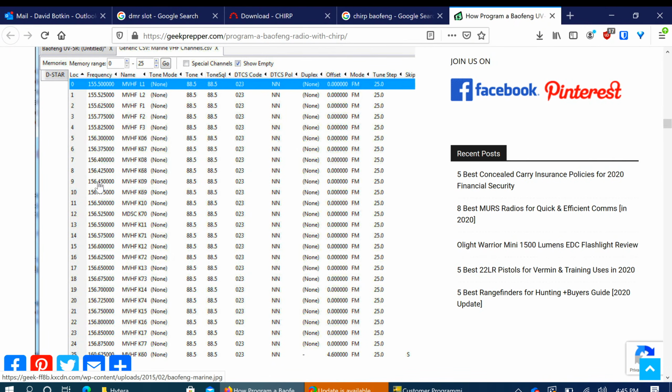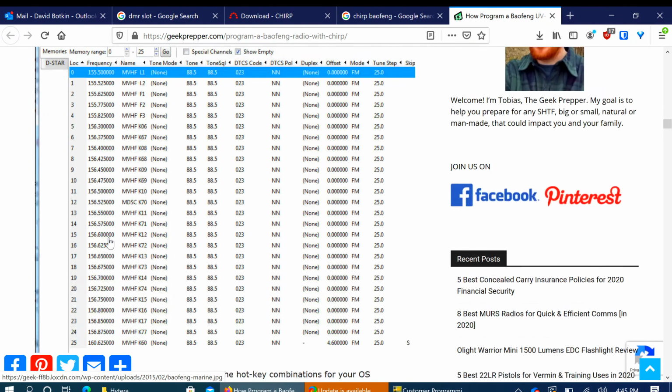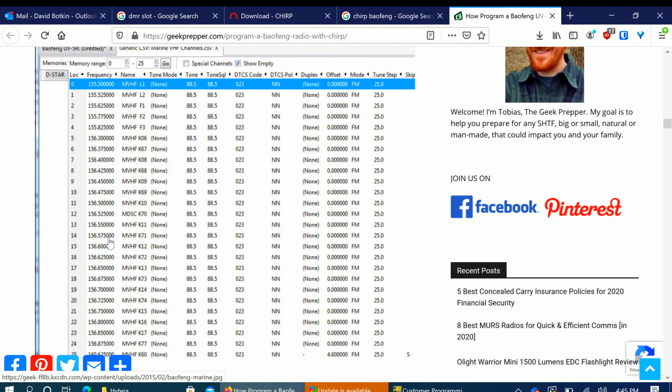So these are all UHF frequencies right here. And a radio like the UV5R is a dual bander. It can do UHF and VHF, and it covers a bunch of the ham spectrum and outside the ham spectrum. And then other radios like the BF888, which is about a $10 radio, it's only UHF, and those are great.